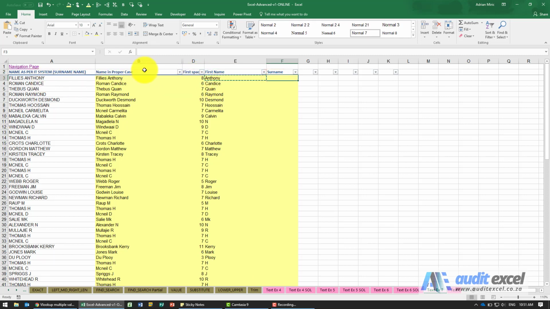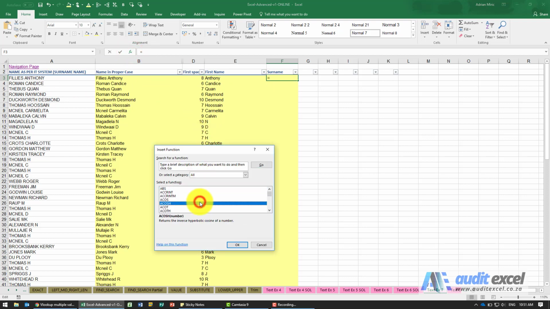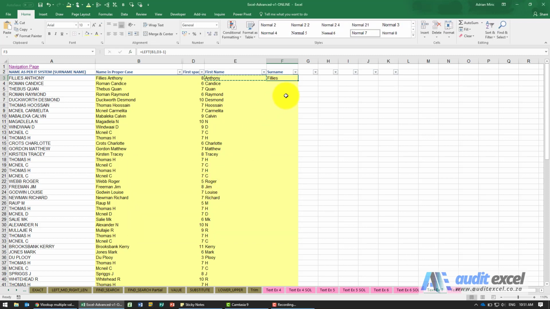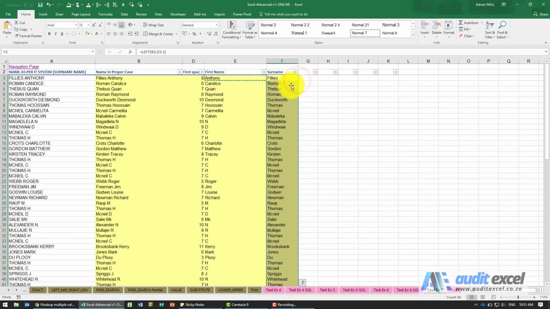The surname is on the left hand side, so in this case we're going to use the LEFT function. And what we're saying is, we're going to use the proper case one. How many characters? I'm going to say look in there. Again, notice there's a space here, so if I don't want that I must put -1. I can copy that down, and you've now built something that next time you get this information you just paste it here, and the formulas will work through, change it to proper case, find the space, extract first name and surname.